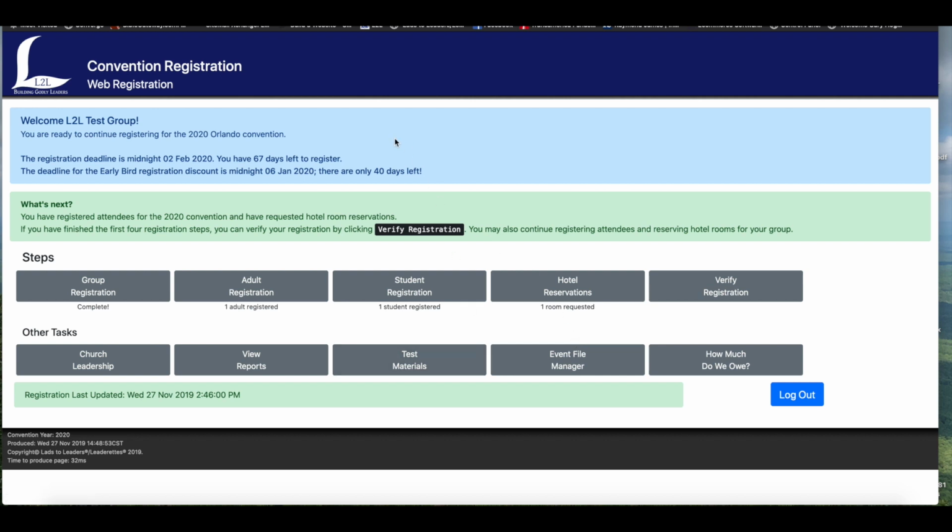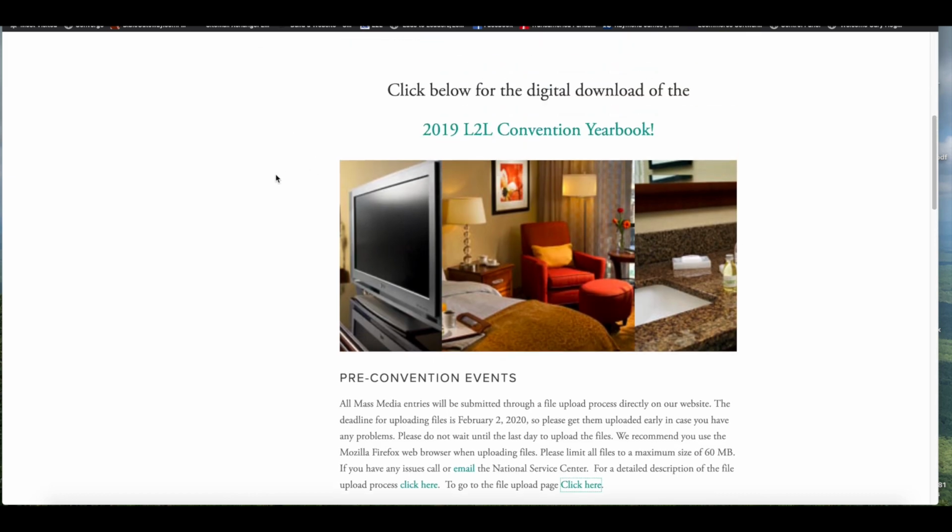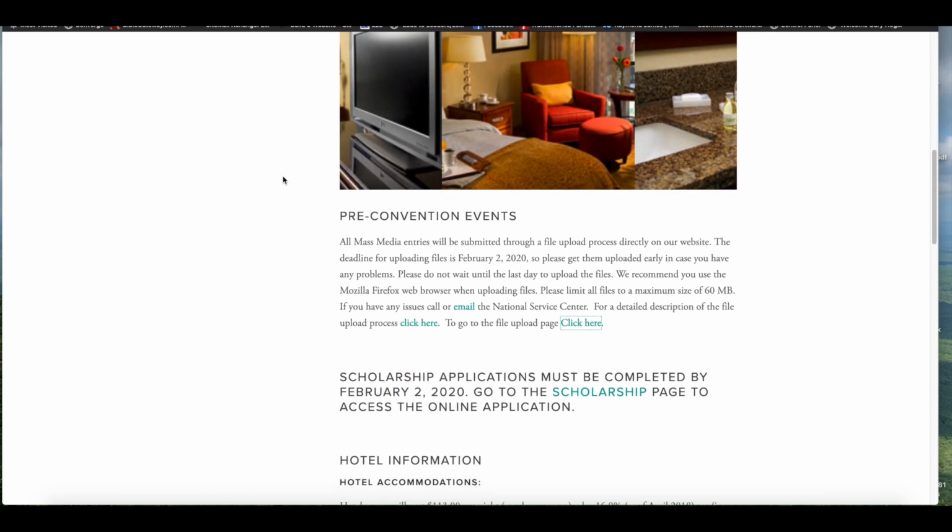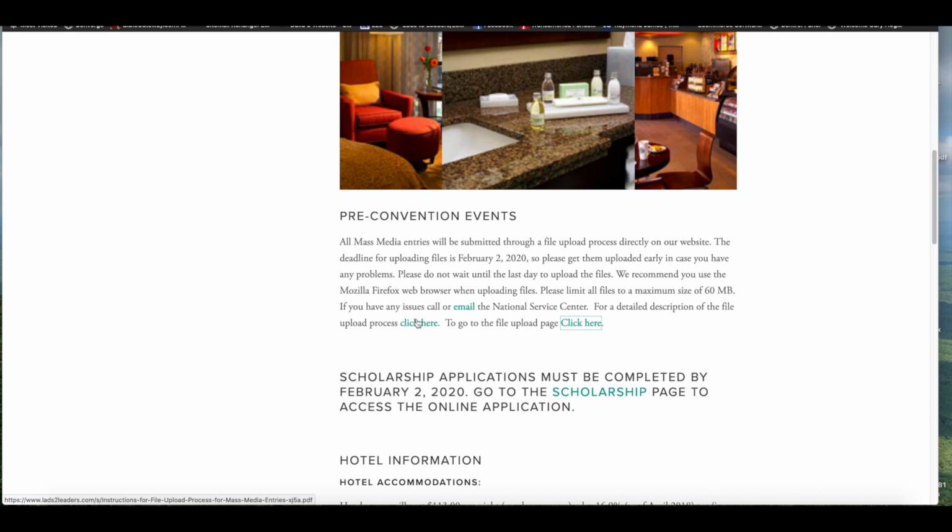The other way to upload that file, if the student or parent is going to upload it, they don't have access to this registration portal. If you go to our main website and scroll through, navigate through to the information pages page for your convention location,